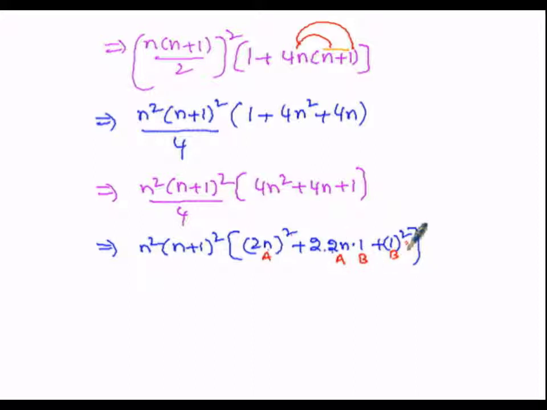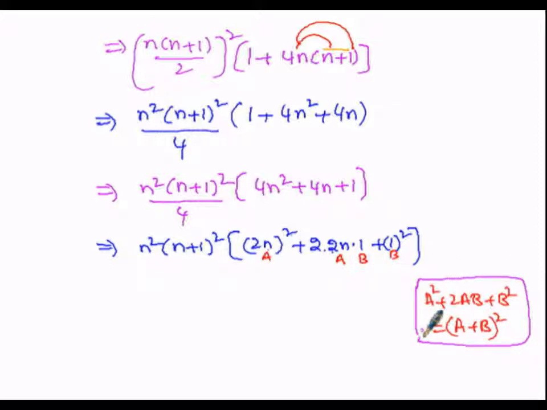So here we know that a square plus 2ab plus b square can be written as a plus b whole square. Based upon this special product, we are going to write the next logical step. Then the next logical step will be, so overall divided by 4, so n square into n plus 1 whole square, overall divided by 4. Since it is in the form of a square plus 2ab plus b square, it can be written as a plus b whole square, but here a value is 2n plus b is 1, but whole square.